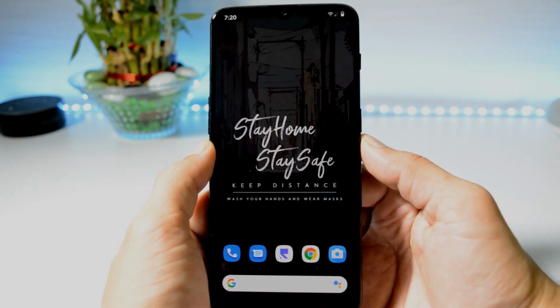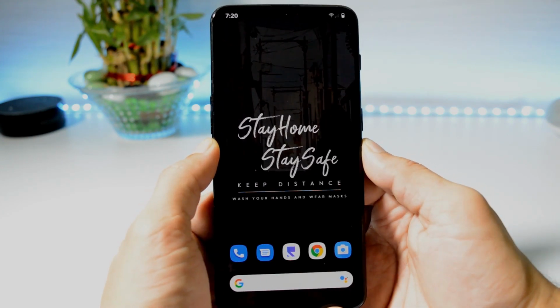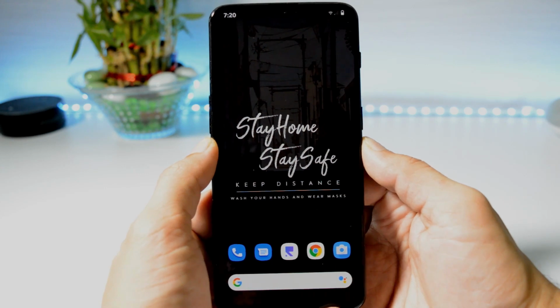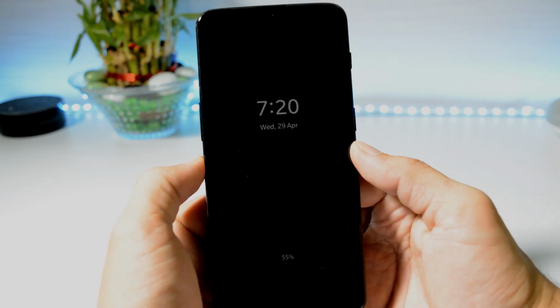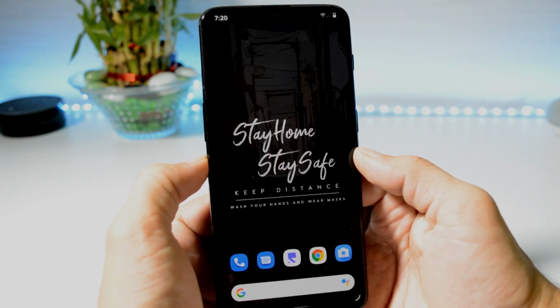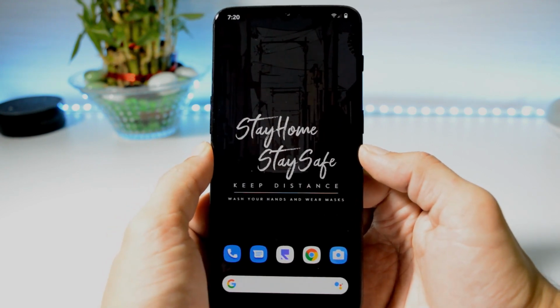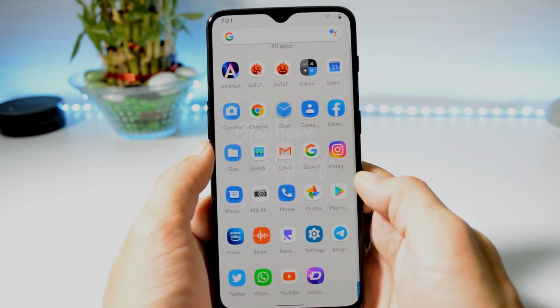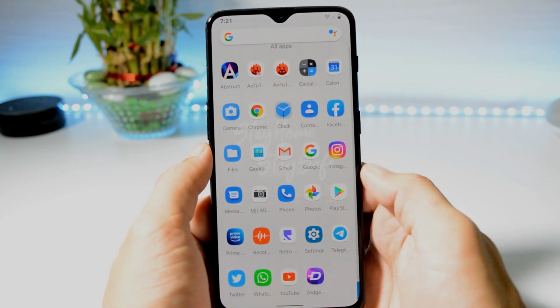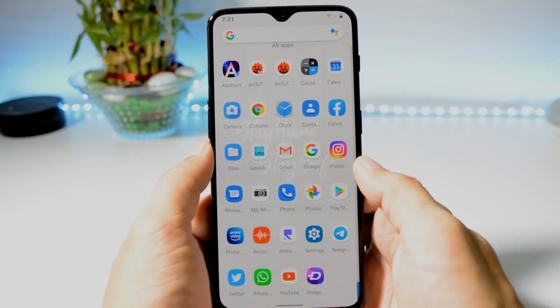I've already registered my face now. Let's take a look at the unlocking speed on my OnePlus 6T. We'll turn off the screen. Always on display is enabled. As soon as I turn it towards me, the device gets unlocked. Here face unlock is pretty fast on this build. This was a feature which was missing on almost all the custom ROMs. Initially we got this feature on Havoc and now we also have it on Paranoid Android.